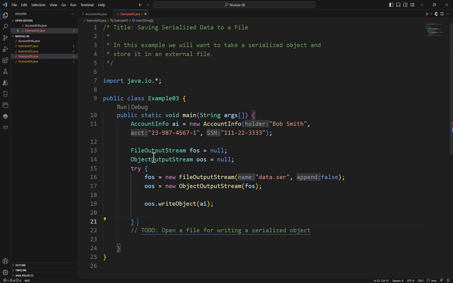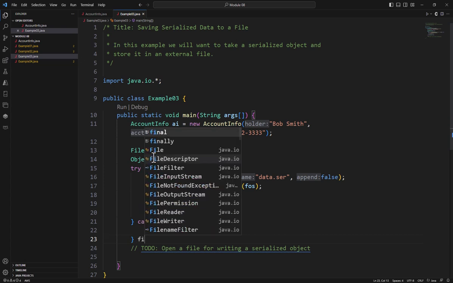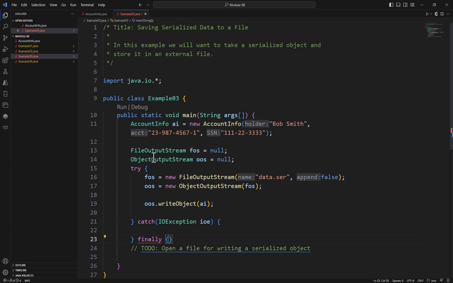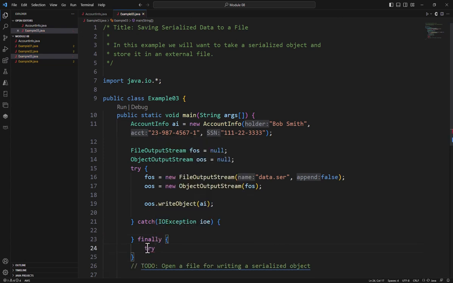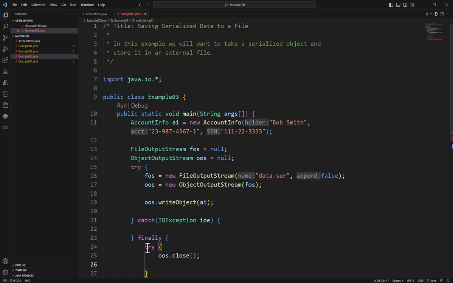So I'm going to come down here and do a catch. This is going to be an IOException, IOE. Inside of here, I would typically do something, but this is all I need to do, technically. Now, I do want to have that finally because I need to close my ObjectOutputStream and my FileOutputStream. So I'm going to come over here and say finally. Inside of here, remember, this has to be a try catch. This is what happens if the file wasn't open. So I'm going to say OOS.close, and then I'm going to say